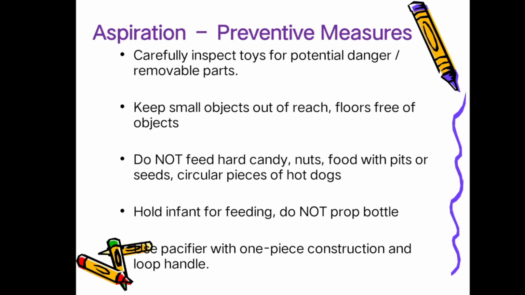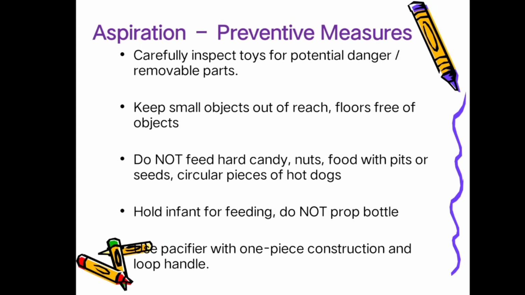Around 8 months of age we will be introducing finger food. At that time you should not give whole nuts, because if they take in whole nuts, they will have a choking problem and may end up with aspiration. In the same way, you have to carefully watch the toys they are playing with. If there are small parts in the toys, they will put them in the mouth and may end up choking. These aspirations can be prevented.